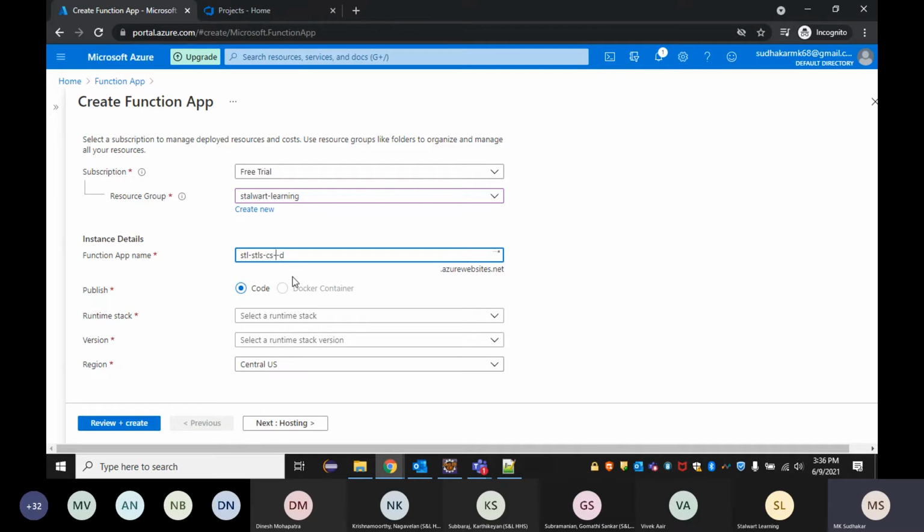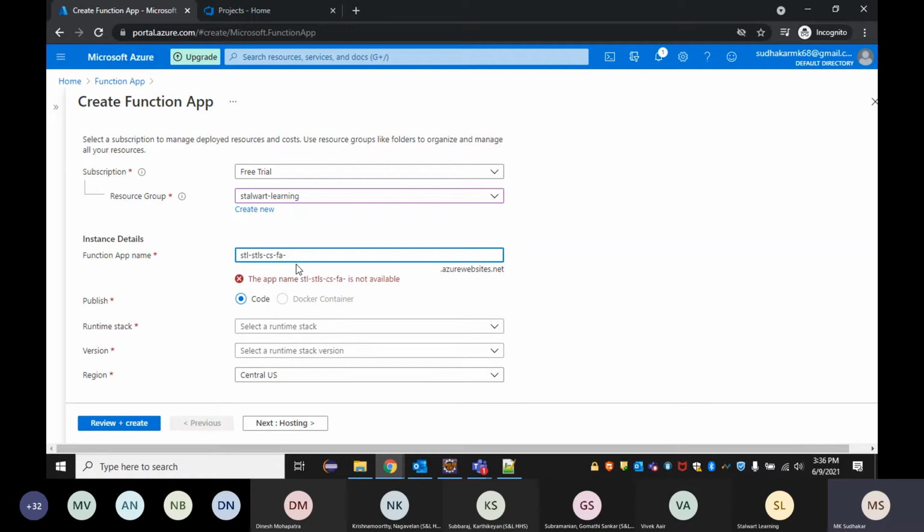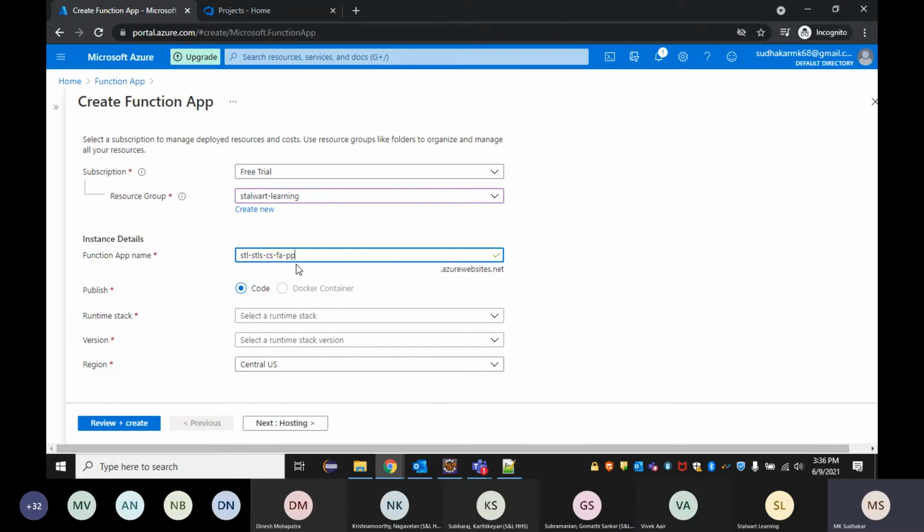For a chatbot, we can give bot. So this kind of naming convention can be followed, so that it's very clear that this is Stalwart Learning and Stalwart Learning Services, which is in Central US, and this is a function app, and this is a development environment. For production, it will be P. For pre-prod, it will be PP.